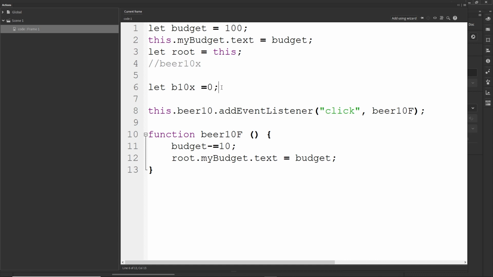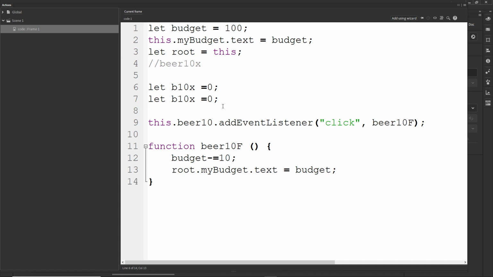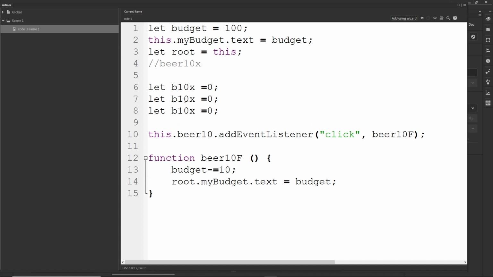Then I'm going to duplicate this. I'm going to click Ctrl D, and Ctrl D is just going to duplicate the whole line. Then I'm going to have let b20x is going to be 0, b like the beer, and then I'm going to have b40x is going to be 0. And now what I want to do is I'm going to copy this b10x, so Ctrl C,